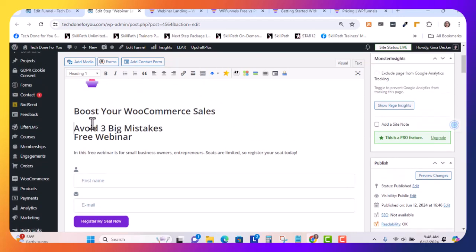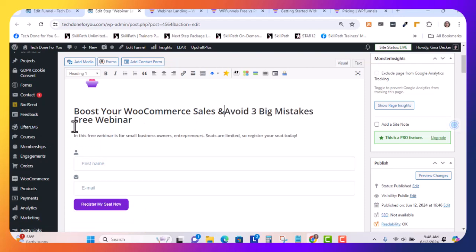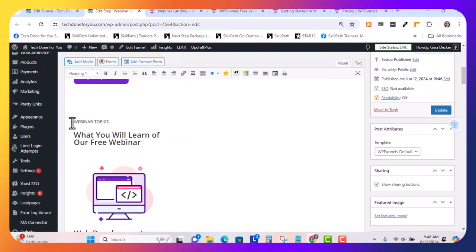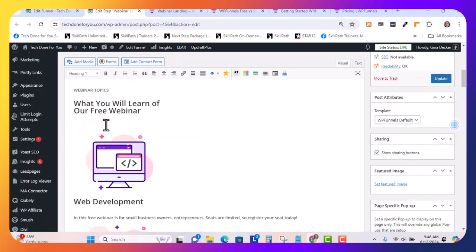Okay, so I'm just going to put the and, well, maybe I'll put the and right there. And you can always adjust this later if you want to, so it's very versatile. There's already some copy in here, so if you're stumped and not exactly sure what to write yet, and maybe you don't work with a copywriter, you can easily edit this and then come back and